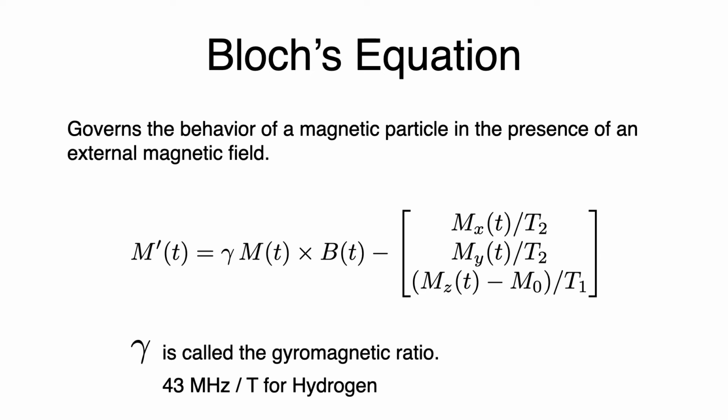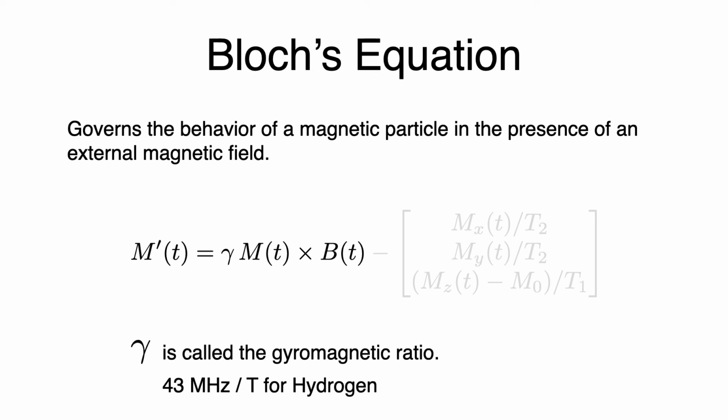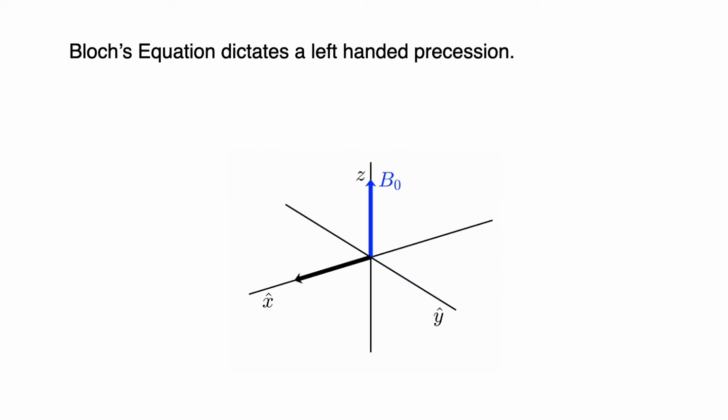Bloch's equation governs the behavior of a magnetic particle in the presence of an external magnetic field. Here, gamma is the gyromagnetic ratio, and for hydrogen, it's 43 megahertz per Tesla. Mostly, Bloch's equation is a cross product, and we'll ignore T1 and T2 for now. Perhaps we'll discuss that in a later lecture. So Bloch's equation dictates a left-handed precession if the external magnetic field B0 is in the z direction, and